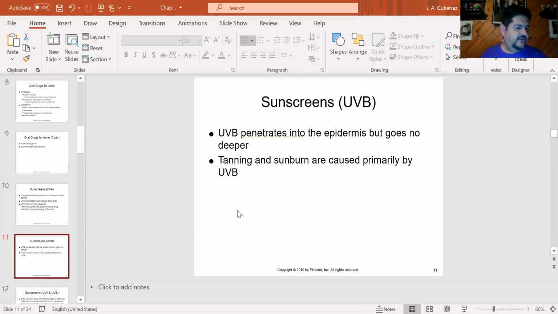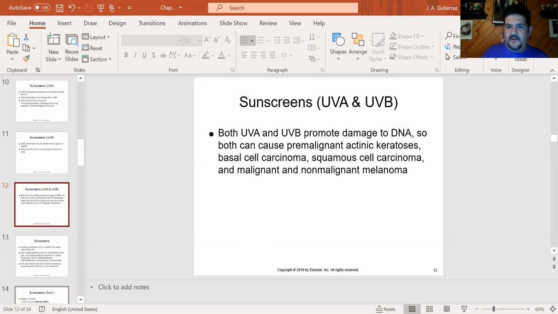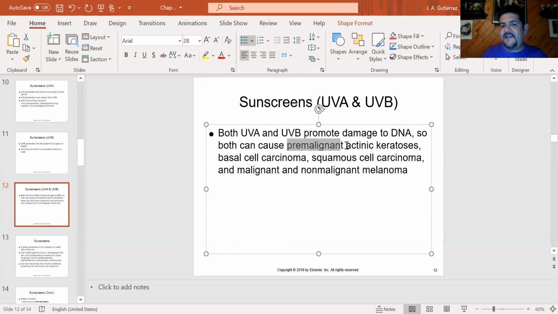Most of the sunburns on patients are caused by UVB radiation. It only affects the epidermis, and that's when the skin peels off. Regardless of type A and B, long exposure to this type of radiation eventually is going to promote DNA damage, and that can cause cancer. Usually, it starts with a pre-malignant actinic keratosis. Then eventually, it will evolve to a basal cell carcinoma or a squamous cell carcinoma